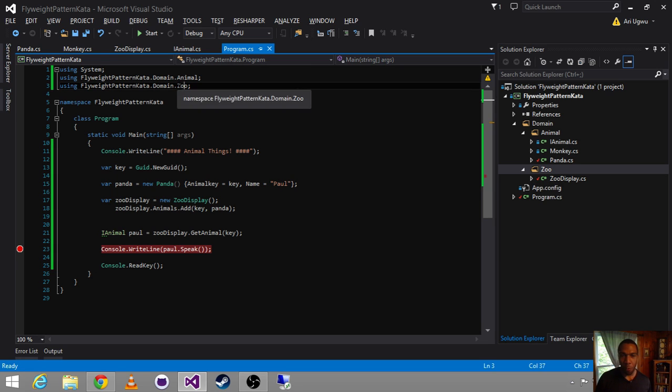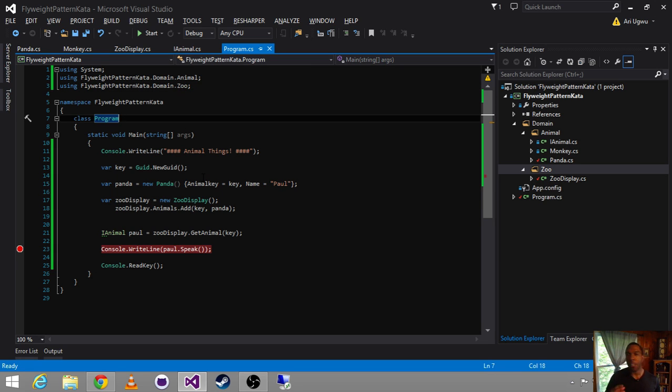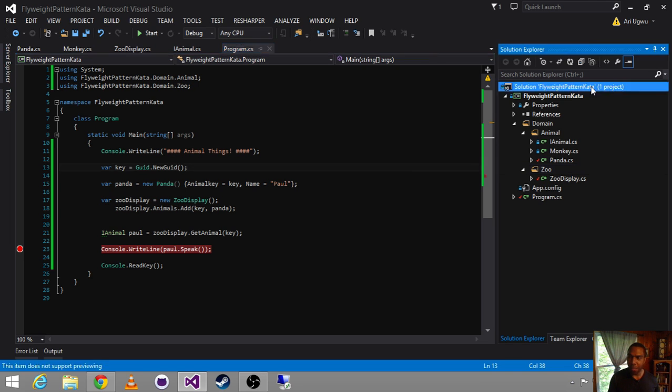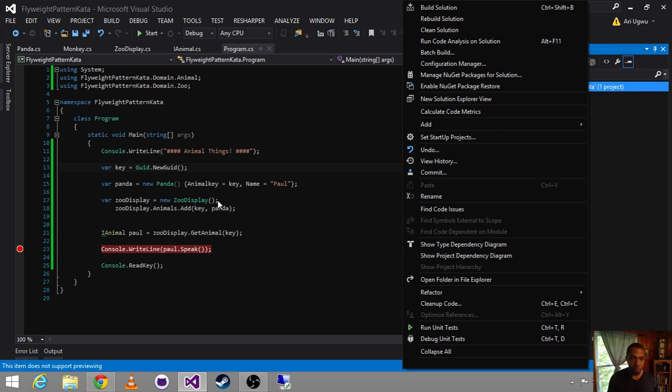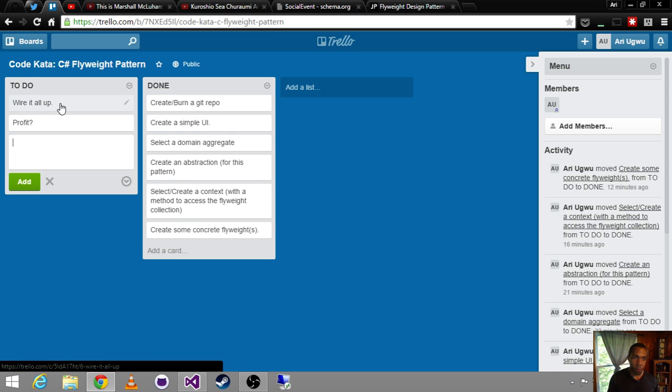What makes it a more advanced pattern is there's so much flexibility in how we implement it. And when we look at our game here in a second, once I commit this back to GitHub, we'll see that we've already done it in a few places. So there's got to be a little bit of wisdom and know-how in evaluating where do I use it, why do I use it, and am I really getting the benefits from it that I need. All right, so wire it all up.